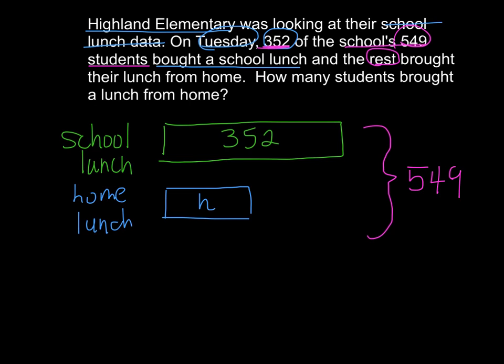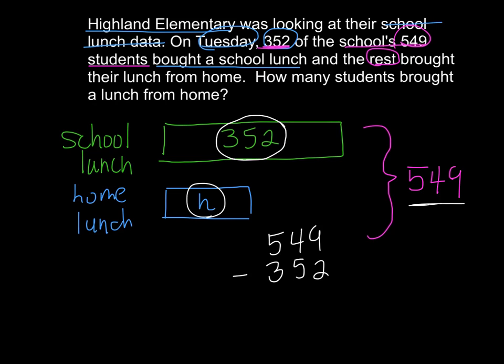So now I know the whole, 549. I know one of the parts, 352, and I'm looking for the other part. If I know the whole and one of the parts, I must subtract. 549 minus